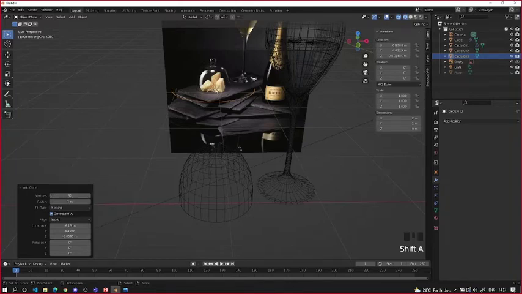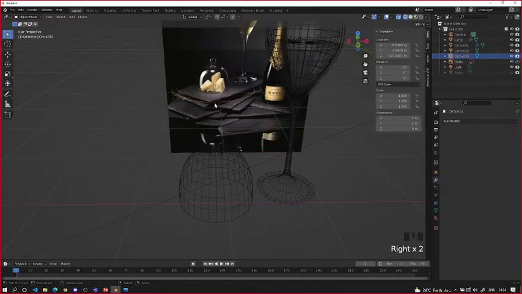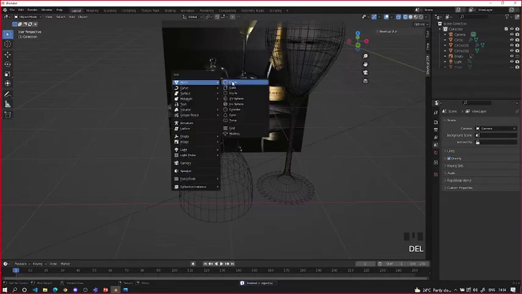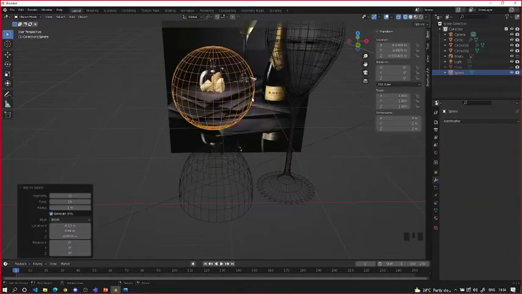circle, right? So I just deleted that circle. We can go ahead and add a UV sphere. We already added a UV sphere in yesterday's workshop, so you should be familiar with this, right? So once we add a UV sphere, we see we have 32 segments for our UV sphere. So 32 segments means that there are 32 vertical lines in this UV sphere, which is perfect for merging it with our